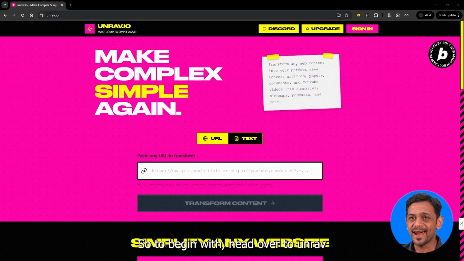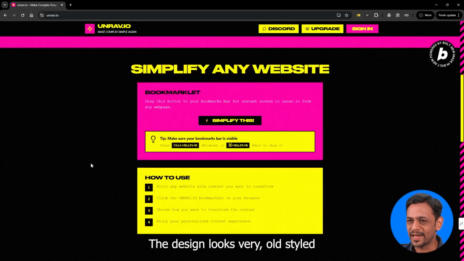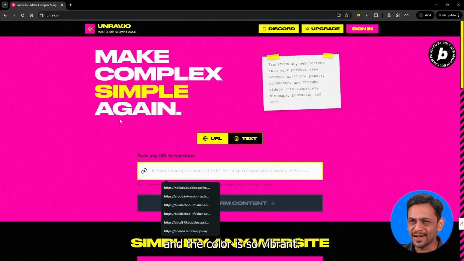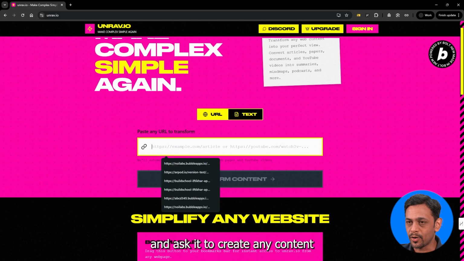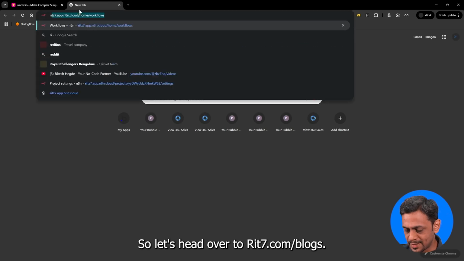So, to begin with, head over to Unrav, I guess. Okay, so unrav.io. They've done a lot of animations, which I'm not really a big fan of. The design looks very old styled and the color is so vibrant. I'm not really a big fan of this kind of sites, but let's see what it does. So paste any URL to transform, right? So we could put a YouTube link and ask it to create any content, or it could also be blogs, right? So let's head over to